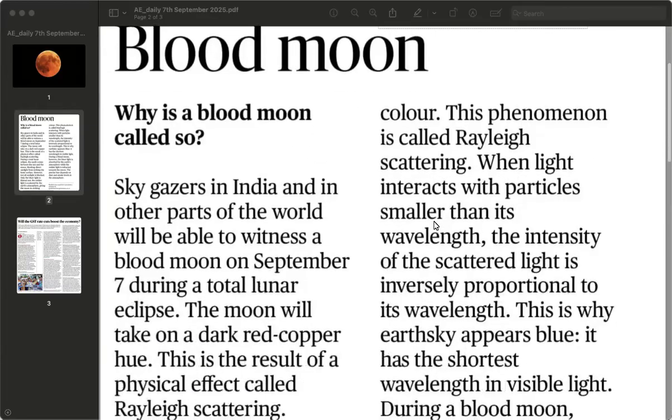Now, to understand this, let's think about how a lunar eclipse works. See, normally what happens? We have the sun. Sunlight shines on the moon, right? Sunlight shines on the moon, and that's why we can see it glowing in the night sky. But during a total lunar eclipse, the earth basically moves between the sun and